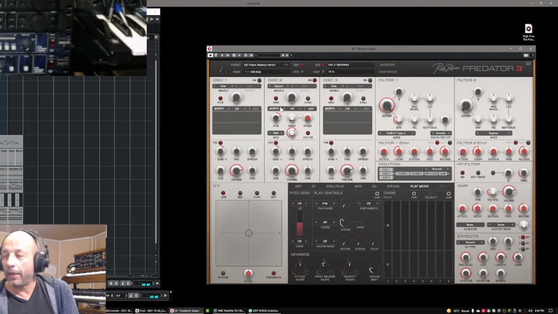Playing a game with Predator-3. But then you use the filter to make this blocking thing, and also this is also a kind of